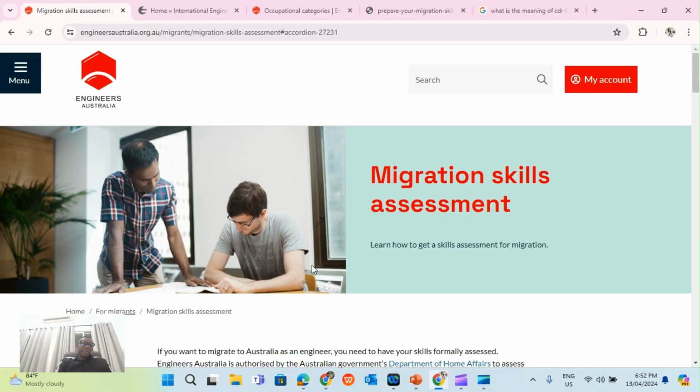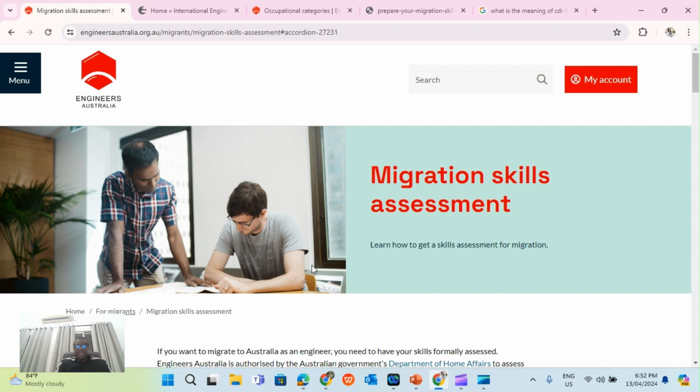Today I've got information that will help you to achieve a migration dream, and I'm going to be talking about the migration skill assessment. If you have an engineer around you, you're an engineer, or you've got friends who are engineers, I think today is going to be more for you, because I'll be talking about how to carry out the migration skill assessment for engineers. If you want to go to Australia on a point-based immigration or even on an employment sponsored immigration